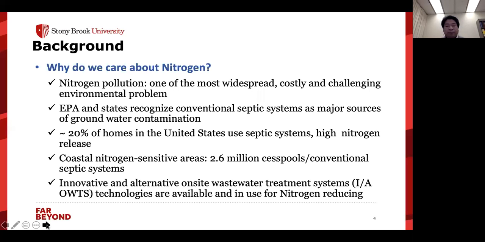And so in order to protect the environment, state regulators and local regulators encourage homeowners to install advanced septic systems. It's also called an innovative alternative on-site wastewater treatment system, we say IA system. Right now it's available. In the past about 10 years, a lot of systems have already been installed. But once this IA system is installed,